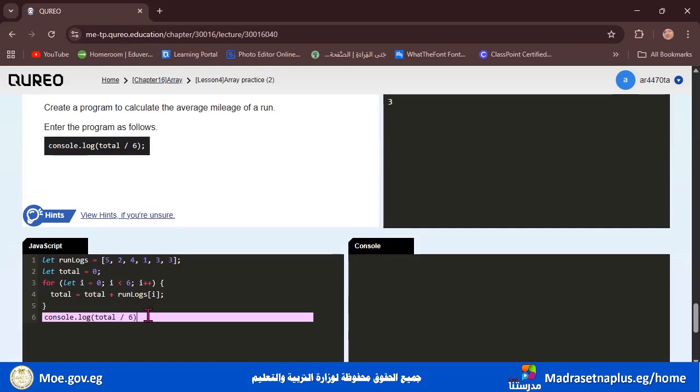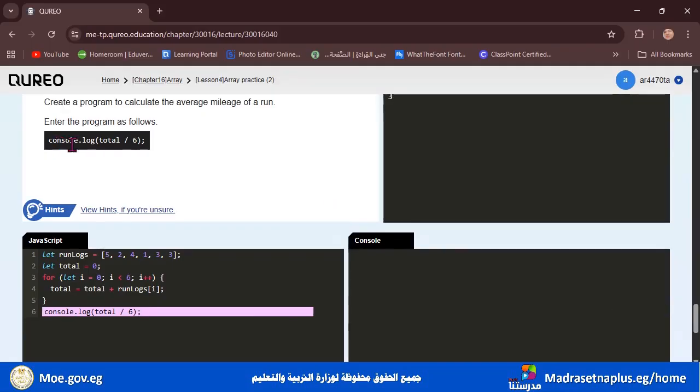And in the parentheses put a semicolon. Let's see it. We wrote console.log and let's click run, and it equals 3.